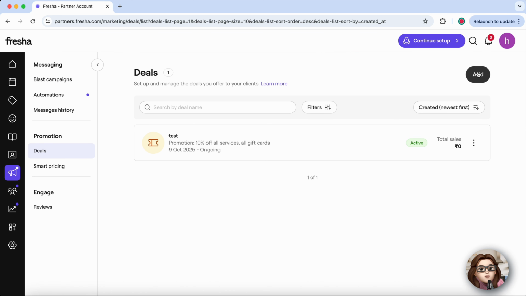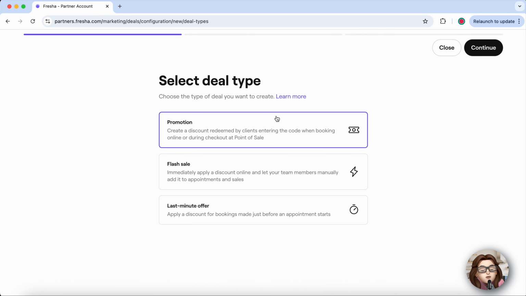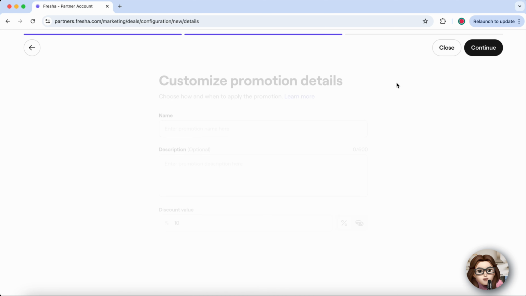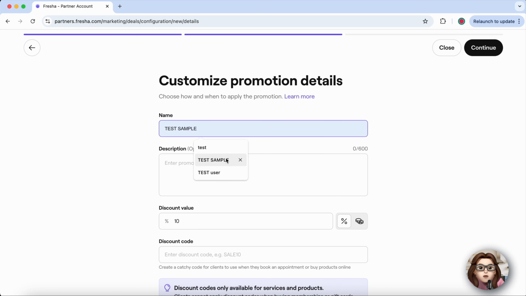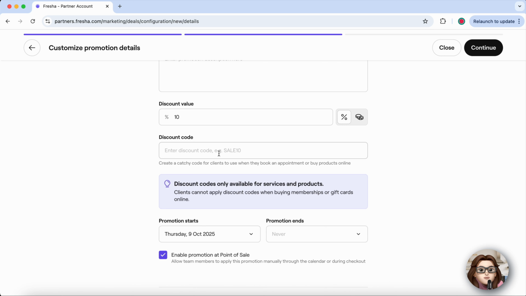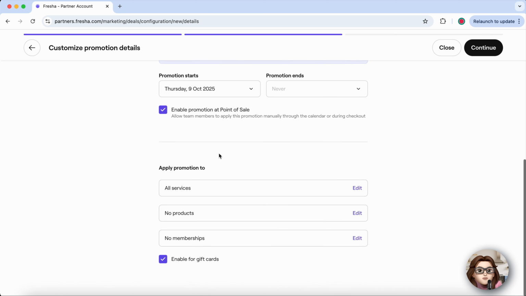Click the Add button to create a new deal. Choose the type of discount you'd like to offer. For example, a last-minute deal or a custom promotion. Then, give your deal a clear name that will grab attention. Decide whether your discount should be a percentage or a fixed amount, and then select which services, products, or memberships